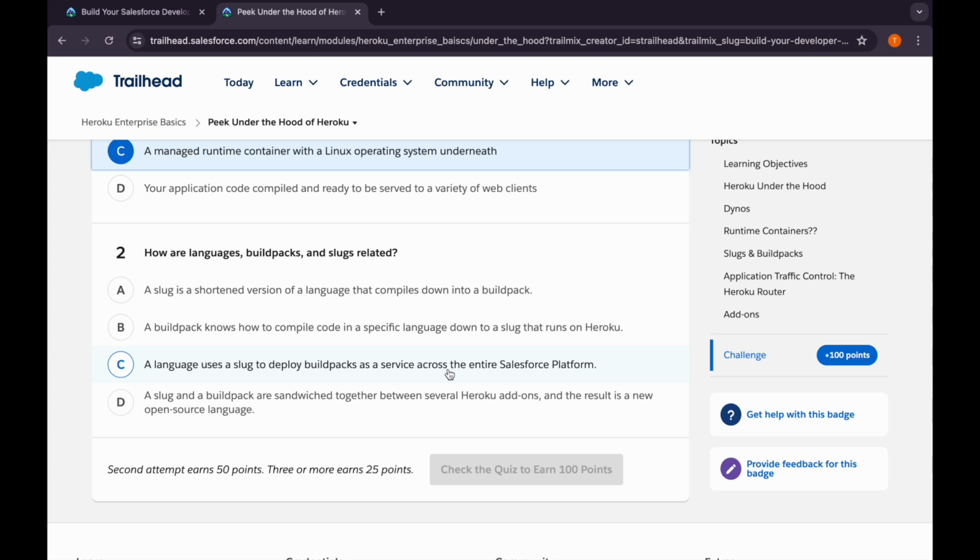So slugs and buildpacks are combined in Heroku. First, the code is compiled by the slug compiler, then passed on to the buildpacks. So let's go through the options. First is, a slug is a shortened version of a language that compiles down into a buildpack. No. Second is, a buildpack knows how to compile code in a specific language down to a slug that runs